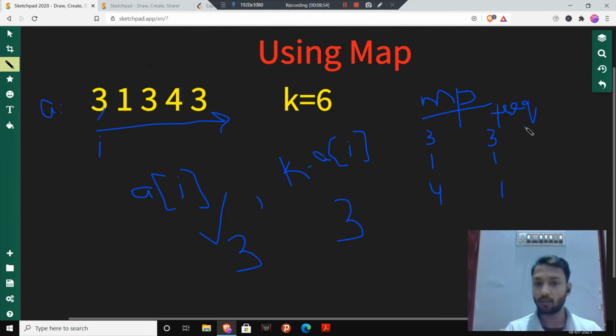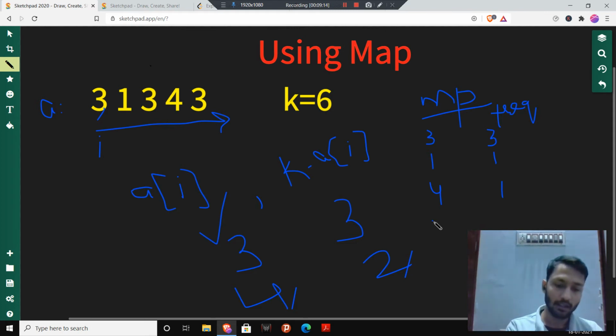But if they are not equal, if we are having 4 here and 2 here, and the frequency of 4 is greater than 0 and the frequency of 2 is greater than 0, then we can form the pair easily.